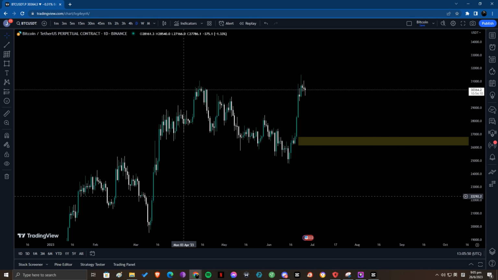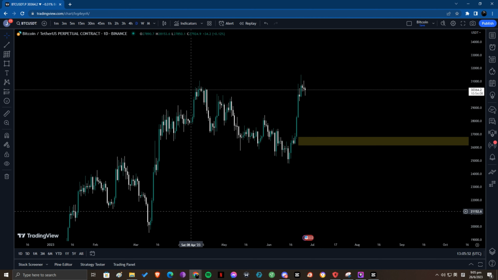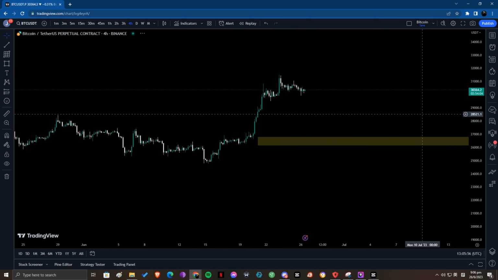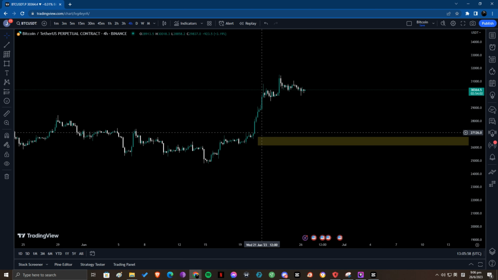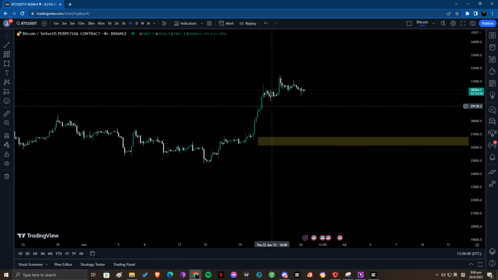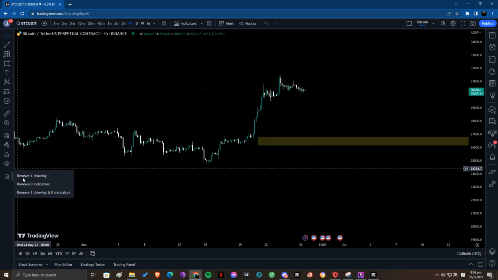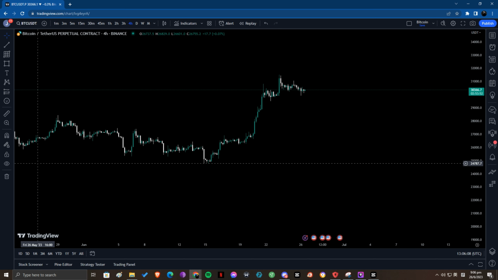I'm not going to draw here, or here, or here. I'm just going to draw one order block here, and then we're going to do the 4 hour, and I'm going to find any fair value gaps, and I'm going to draw them out. Any fair value gaps, I'm going to draw them out, and that's all I'm going to do. Okay, I'm not going to draw 50 things on my screen. Usually 3 to 5 things are what you need. Anything more than that means you're doing it wrong.